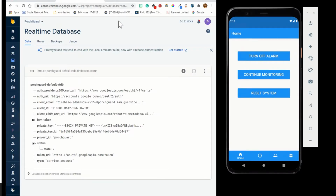So our mobile application has three major functions. We need to be able to turn off the alarm, set the alarm to monitoring state, or reset the system. And right now the alarm is turned on, and it's in state 2. So once I click on this turn off alarm button, it goes back to state 0, which is the idle